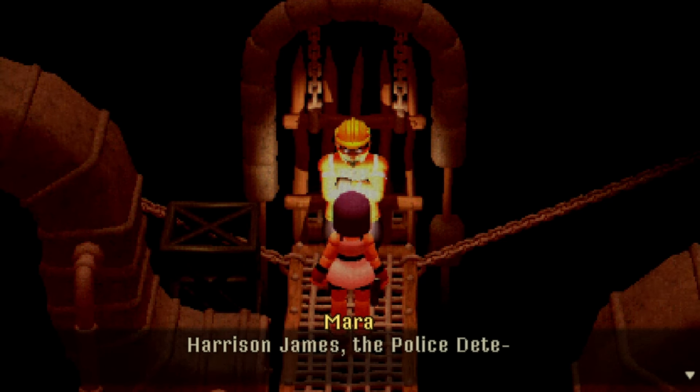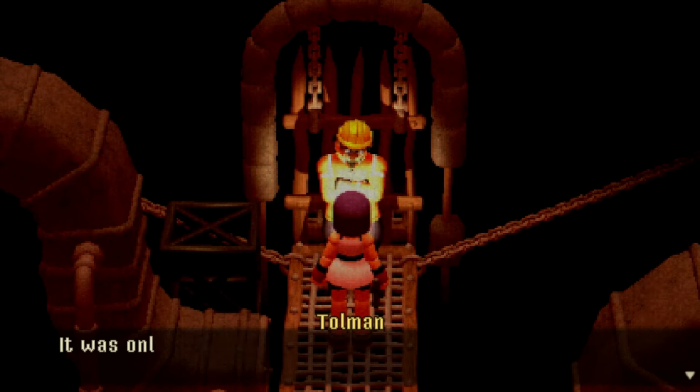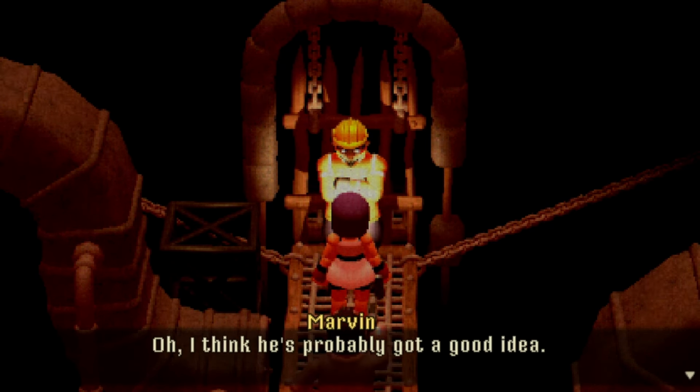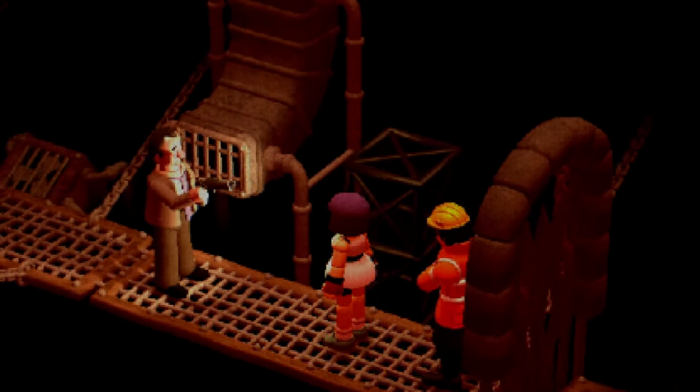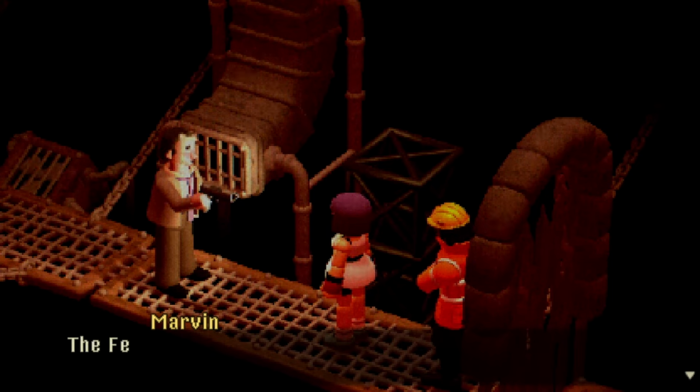Tolman says that the monsters probably got to him, but Mara or Elaine, but we're sticking with Mara because Tolman calls her that. You then tell Tolman that Harrison was shot, and you don't know who did it, but then Marv shows up and starts saying that the cop could have found out about their operation and the feds will catch him, and